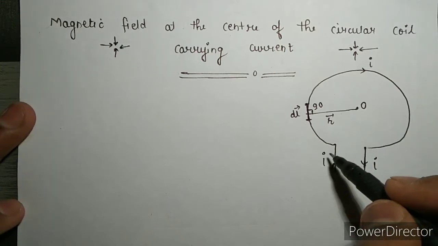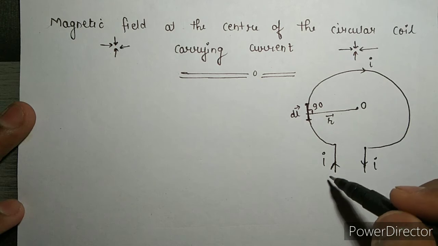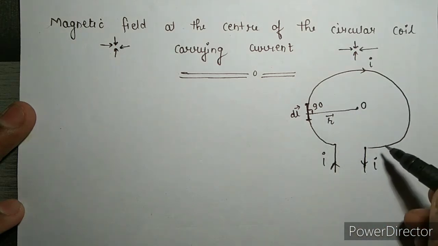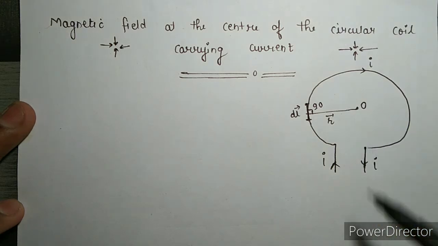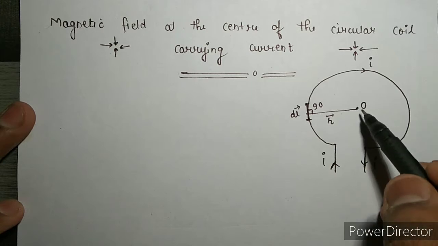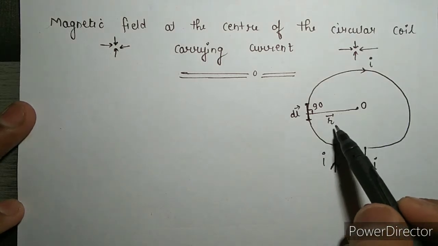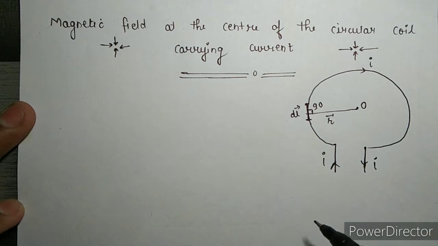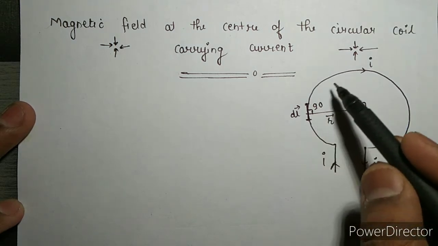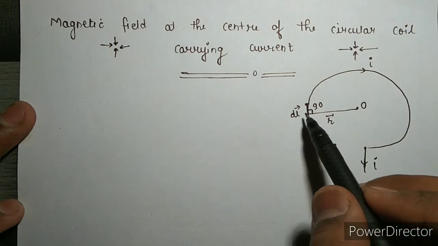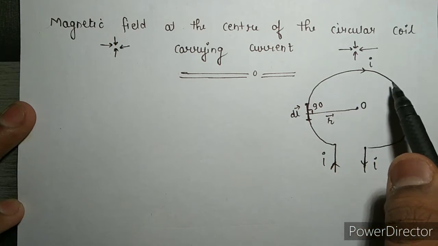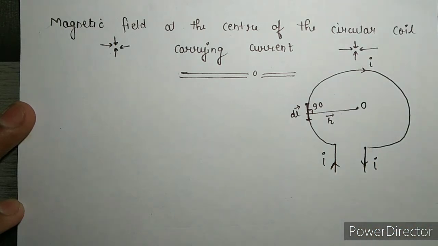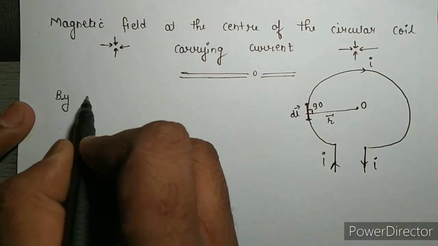Suppose there is a wire in a circular shape carrying current I in clockwise direction, and we have to find the magnetic field at the center of this circular coil at point O. Suppose the radius vector is r, and now we suppose that the total circular coil is made of small current carrying elements dl. There are so many dl elements to make this circular coil. Now by using Biot-Savart law,